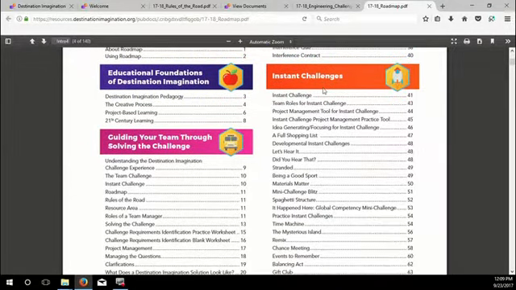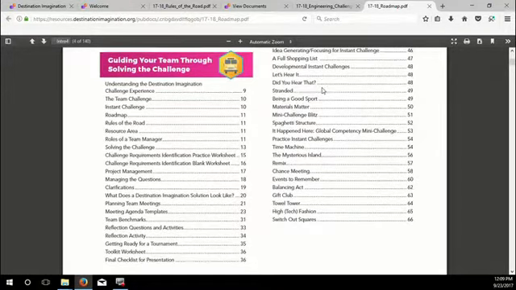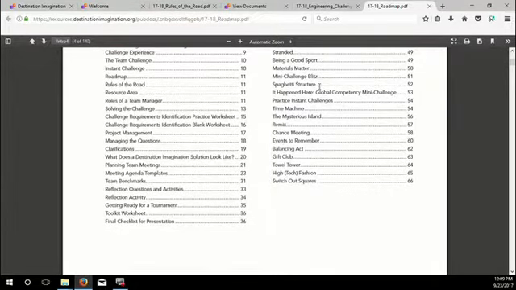Okay, there is an entire section on instant challenges, and those team managers who've been with Destination Imagination in prior years will be glad to know that all of these are brand new, and instead of being interspersed throughout the roadmap, they are all in one section so you can pick and choose. The roadmap this year is set up functionally by topic rather than as a lesson plan week by week. And I kind of like that they've done that this year.